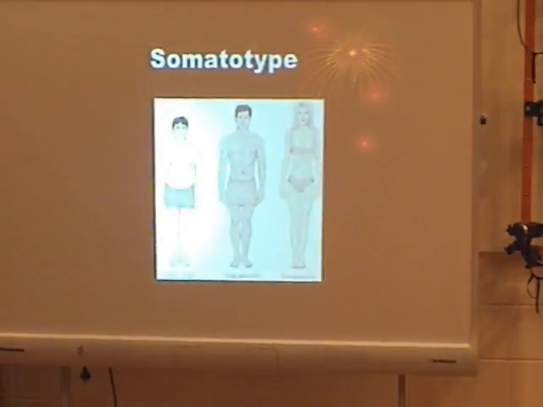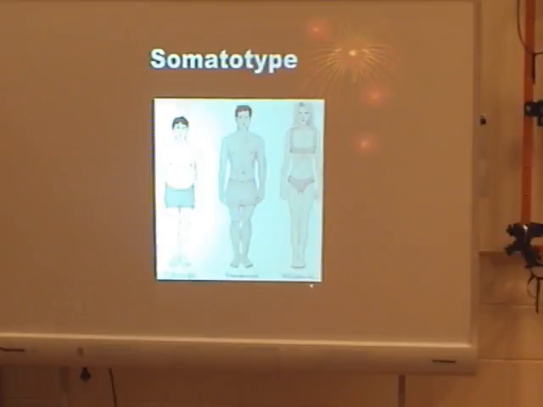So this is going on to the second part of the lecture. This will be chapter 4 in your book. It's the somatype. Basically, there's 3 different somatypes, or 3 characteristics that are described when you describe the somatype of a person. There's endomorph,